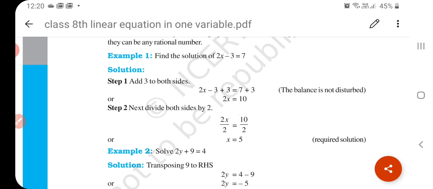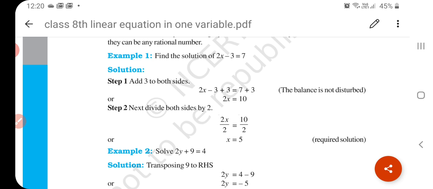ओके अगर आपके पास 3 चॉकलेट हैं और 3 की 3 आपने अपने छोटे ब्रदर को दे दी तो आपके पास कितनी बचेगी? 0. ओके, सो अगर आपने किसी से ली है 3 चॉकलेट्स और उसे वापस दे दी तो आपके पास कितनी बची? 0. मतलब आपके पास अगर -3 है और आपने उसे +3 कर दिया तो आपका एक्सप्रेशन क्या हो जाएगा? -3 + 3 बैलेंस हो जाएगा, that is 0. ओके, अंडरस्टैंड? सो हमें बोथ द साइड सेम ऑपरेशन करना है.